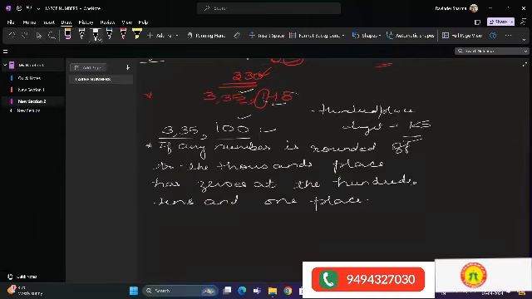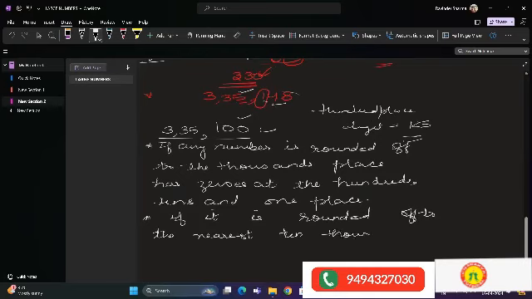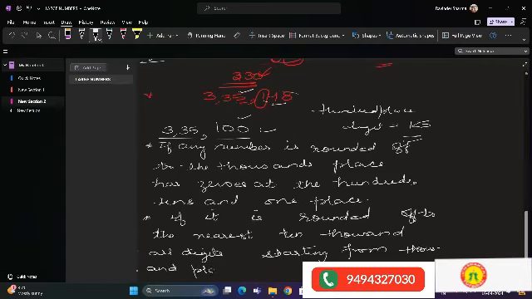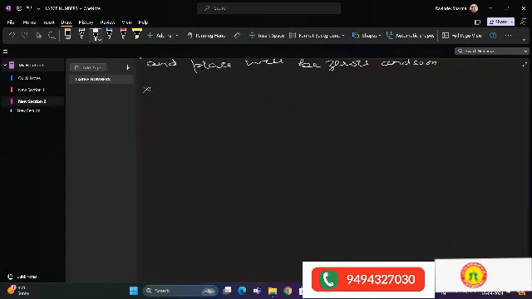Now, second thing, if it is rounded off to the nearest 10,000, then all digits starting from the 1,000 place will be zeros, and so on. Now see, we have to round off